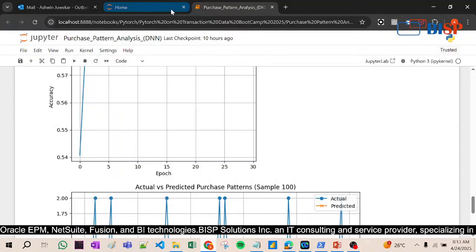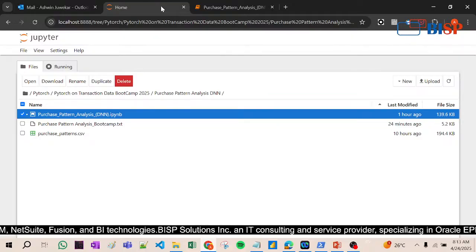Now the idea is clear to all of you, that we are going to analyze the purchase pattern, right? That is why we are taking the data of NetSuite ERP, okay? Because we are trying to establish the connection between this technology of DNN, that means machine learning technology, and the customer, business, and technology. How technology drives the business, how technology makes the task easier for the business.